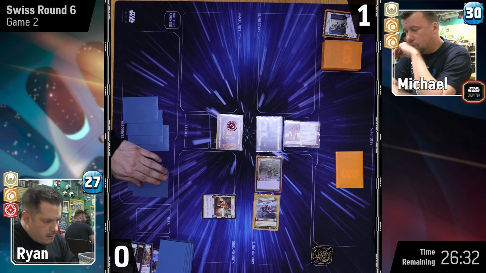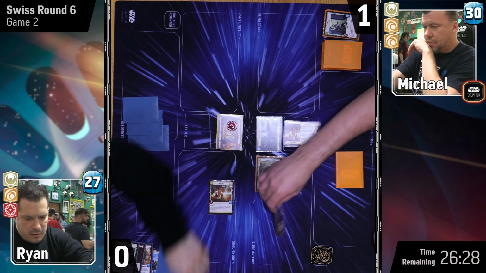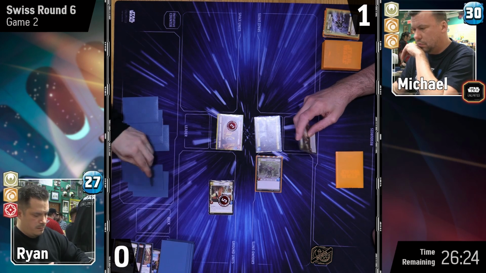Just got to see what Ryan is doing. What's Ryan sitting on for his 6 resources? Now, that is a problem with it. He's going to go ahead and take trade care with Han. Yep. He does die to Han. Yep. But now,